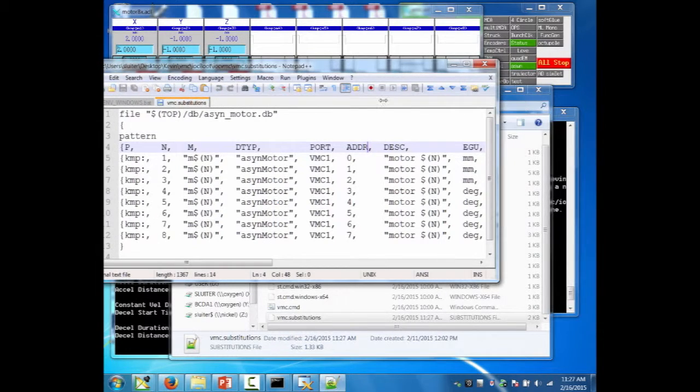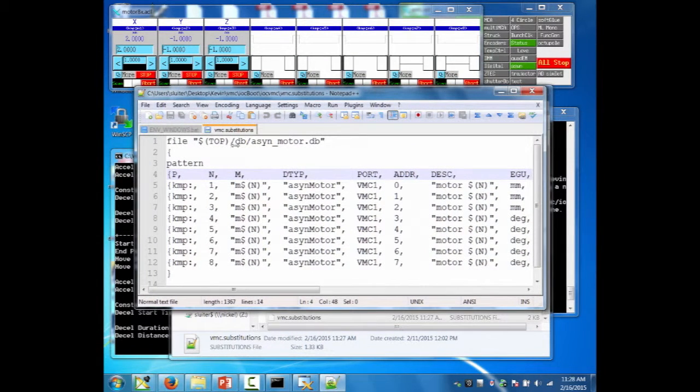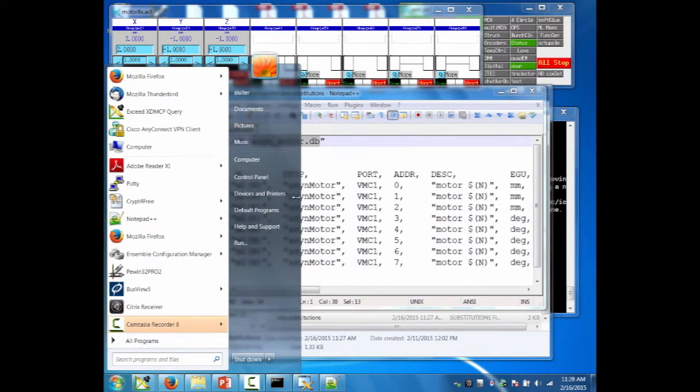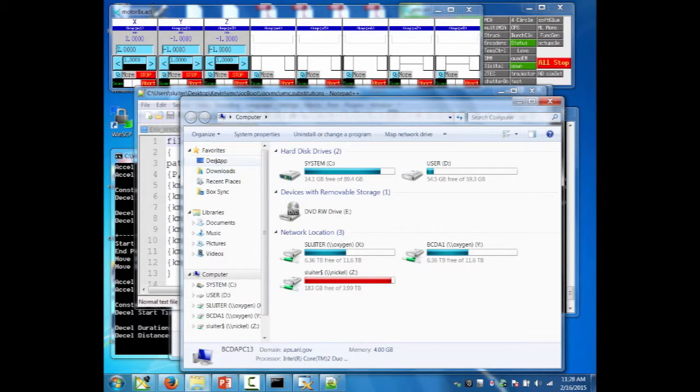So the difference is that at the top of the substitutions file, when you have a block that you're loading, the database here defines the fields that you need to specify. It defines the pattern that needs to be fulfilled to load the records without error. So if you look in this ASIN motor database file, which is probably a good thing to do at this point,